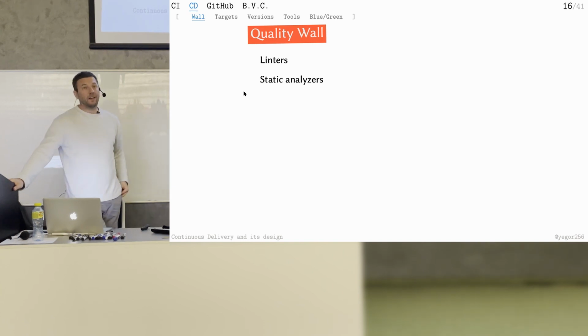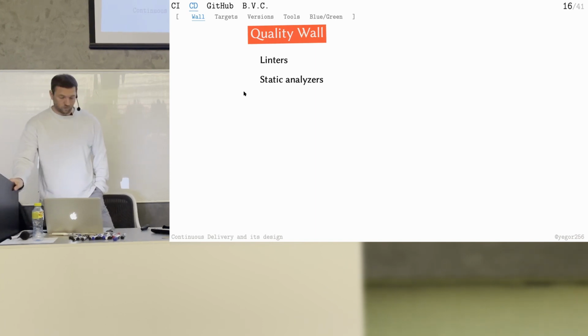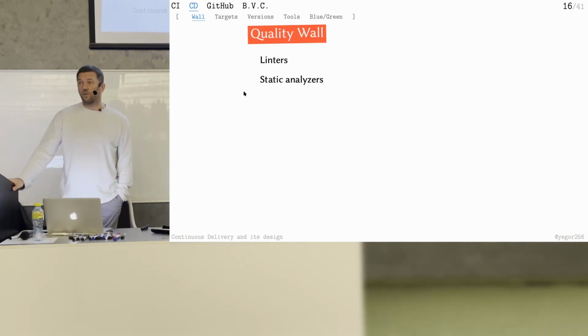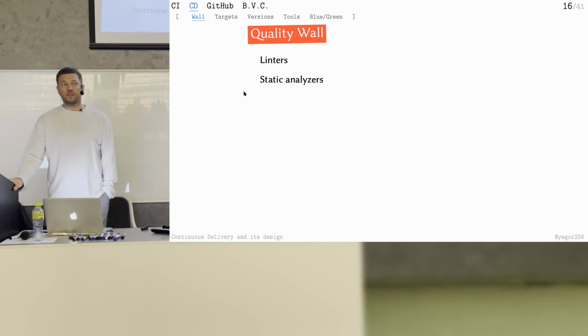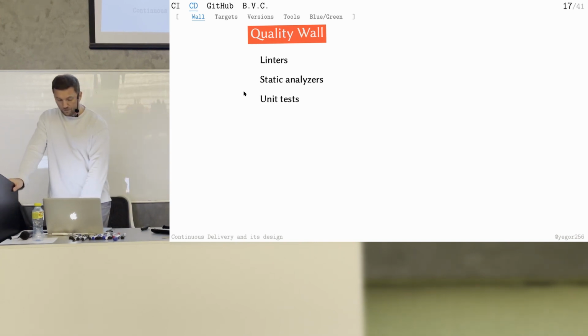So these static analyzers, they're quite powerful. Most of the powerful analyzers are not cheap, so they are not free, not open source, but there are some of them open source. For main languages like Java, C++, we have open source static analyzers which can help you make sure that your code has fewer bugs than before.